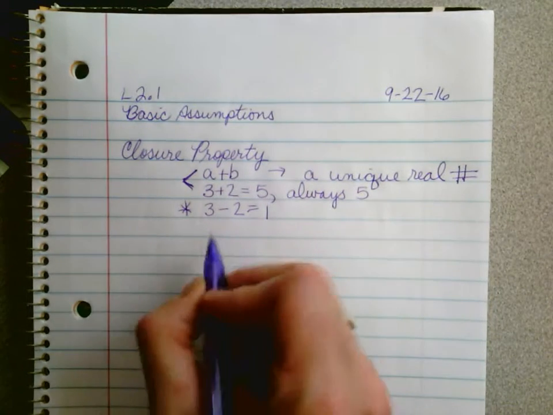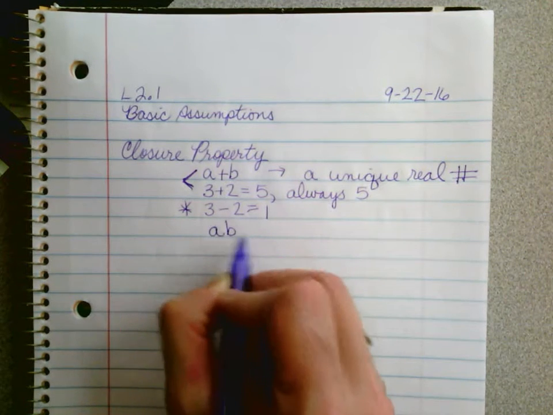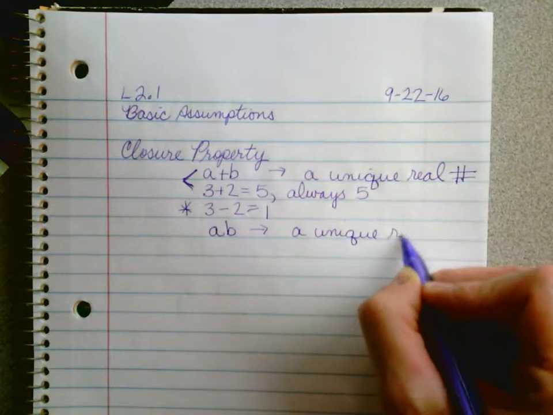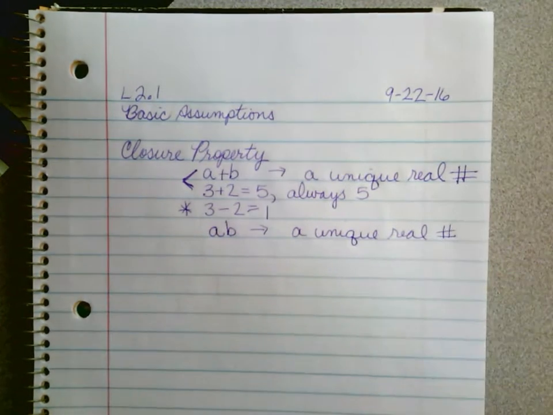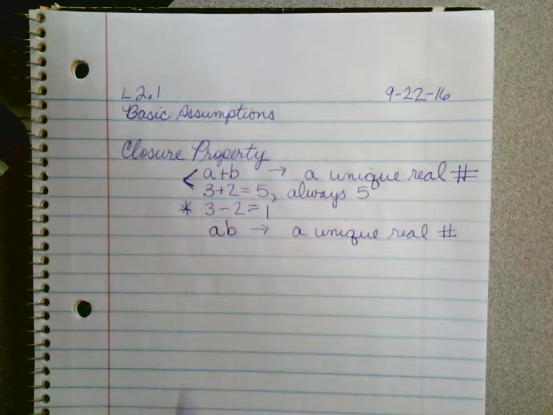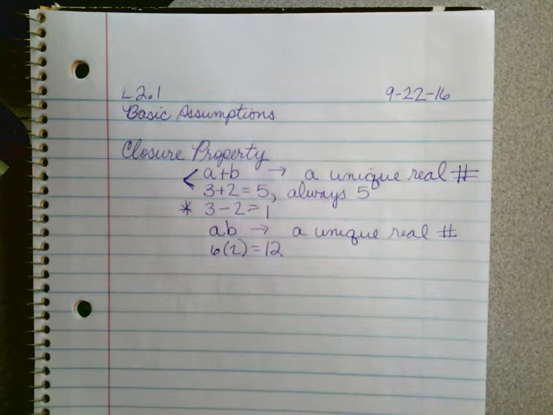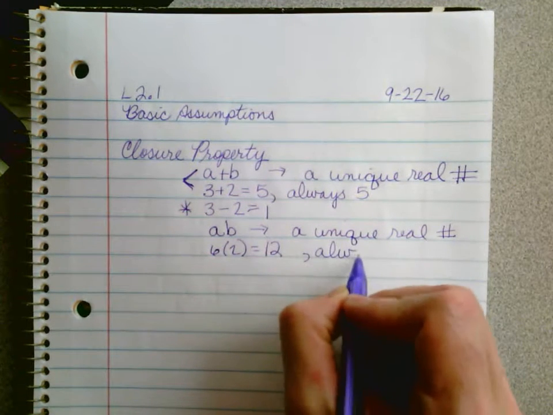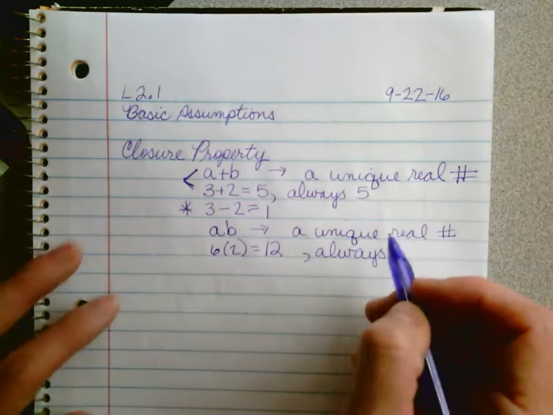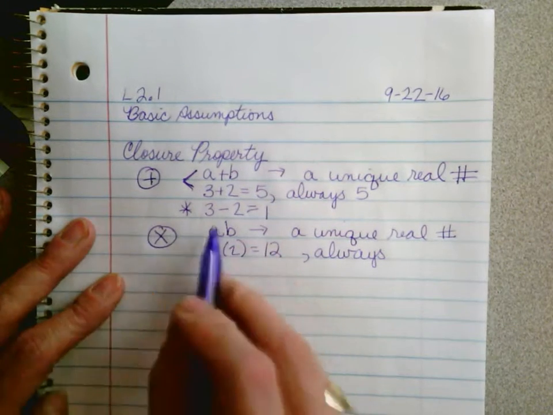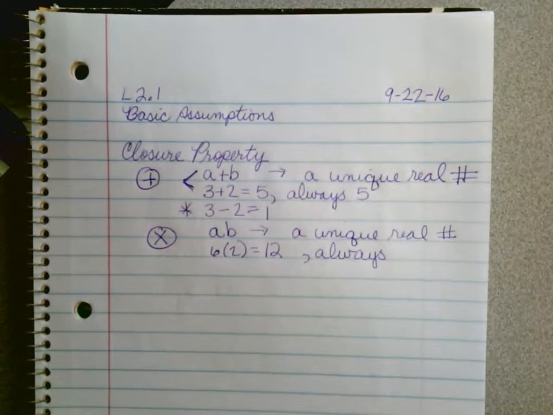Same thing goes for multiplication. They say the product of any two numbers is always going to be a unique real number. That's because the answer is always whatever the answer is. There's never a time when 6 times 2 is not 12. Never. It's always going to be 12. That's what the closure property shows us with respect to addition and with respect to multiplication. I did give a subtraction sample, but